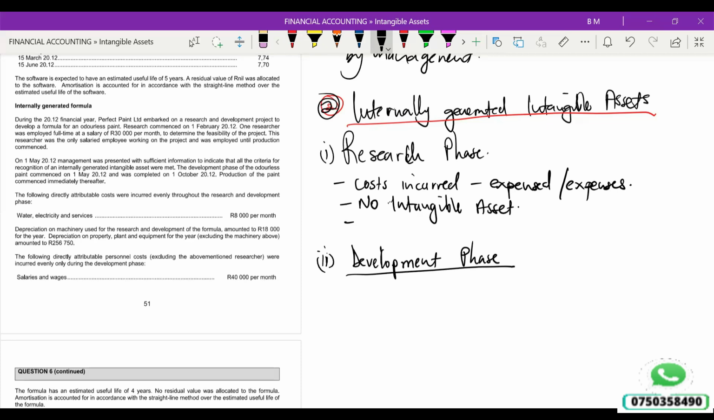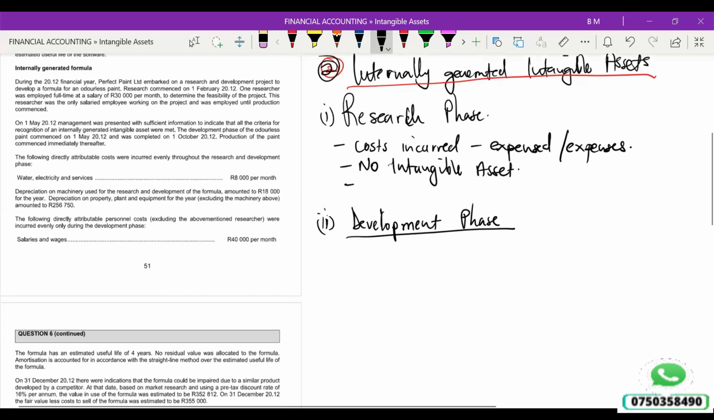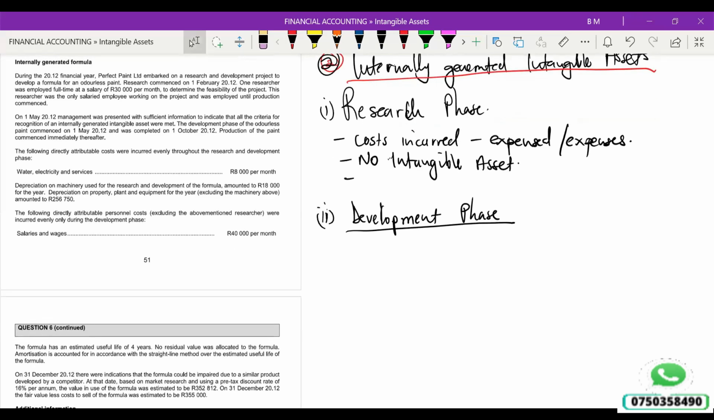In the development phase, we are saying that the intangible asset, we have researched, and after the research, we've actually demonstrated that we are now able to generate the asset. In other words, we have decided that it is feasible